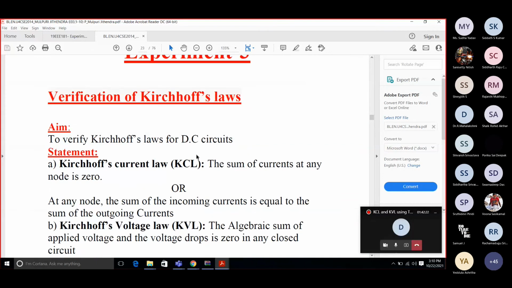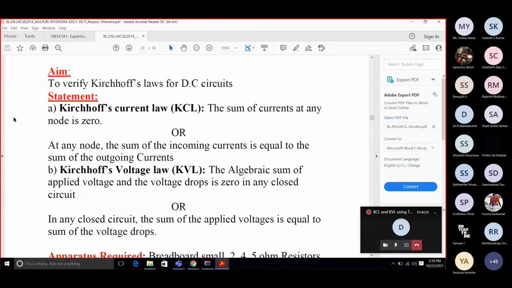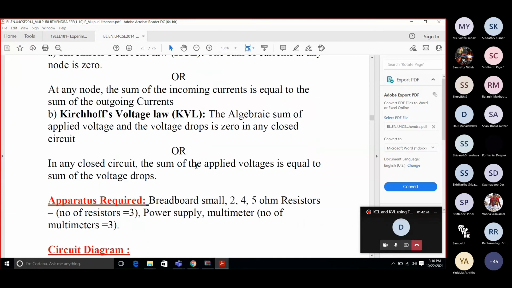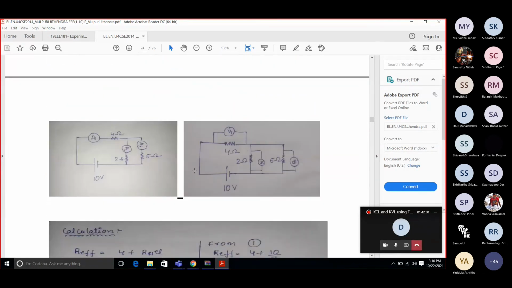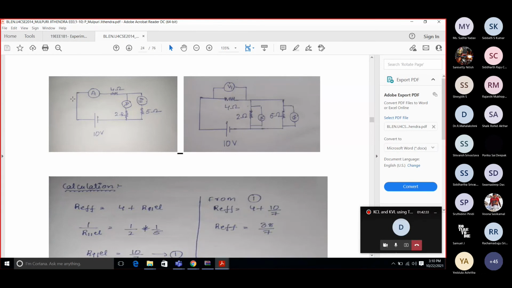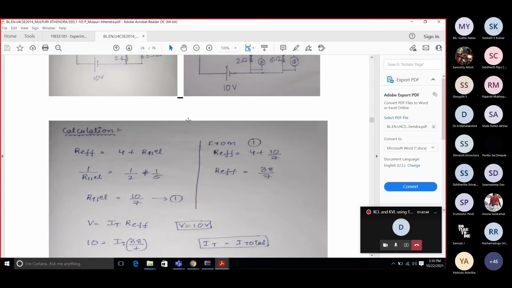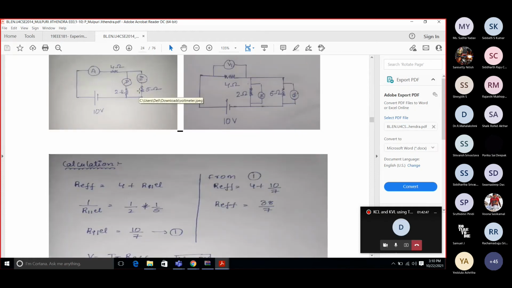So this is the verification of Kirchhoff's laws. The aim is given in the manuals that are shared with you, that you can keep. Then these are the circuits to understand. It's not necessary to use 2 sheets. In a single A4 size sheet, you can draw the circuit, and then do the calculations because these two are in parallel. What is the equivalent resistance? From the equivalent resistance, find the main current, then do the current division and find the current through 2 ohm and 5 ohm or whatever, 11 or 22, whatever is given.